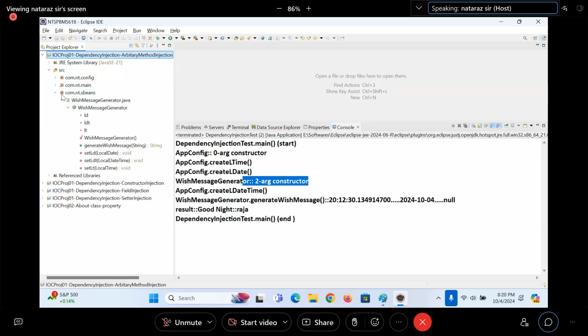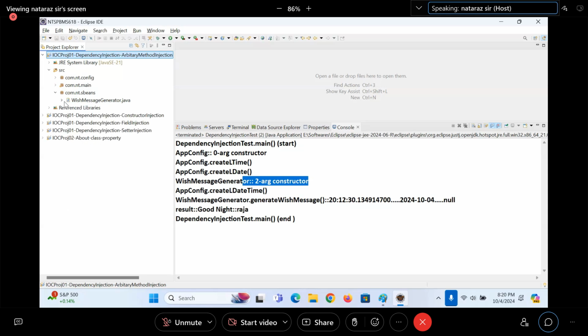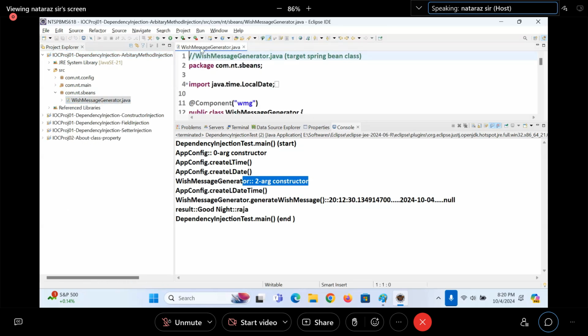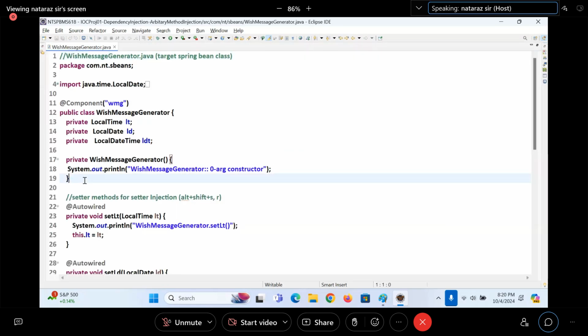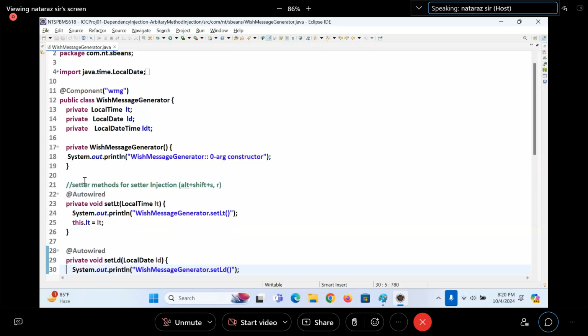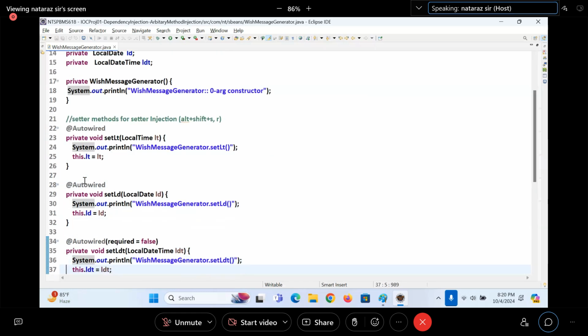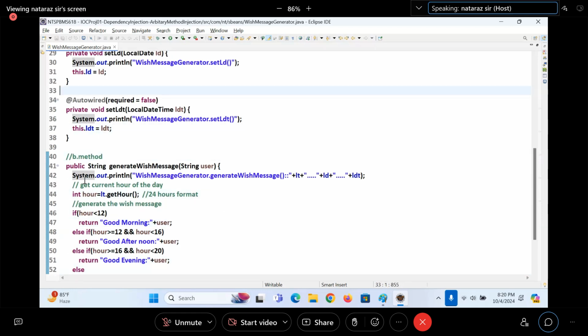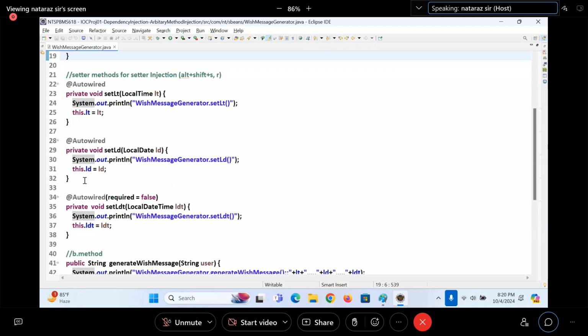Super guys. Which message generator, boss? Do I need to have a constructor, zero parameter, guys? Do I need to have setter methods here? No. Arbitrary methods. What methods, guys? Arbitrary methods for setter injection.